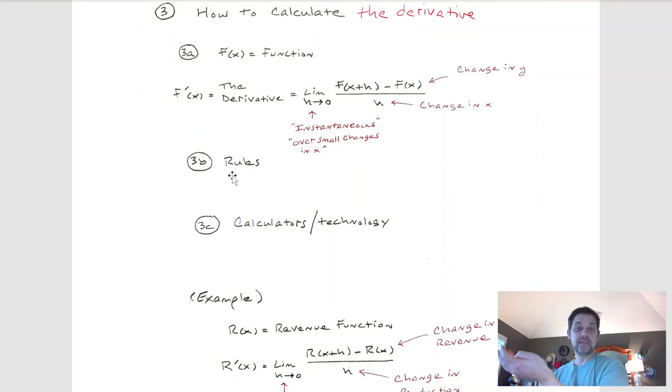There are rules for calculating the derivative of certain kinds of functions. If you took any calculus any time before in your life, then maybe you've learned some of the rules. Okay, so there are rules too. So let's say this semester, though,